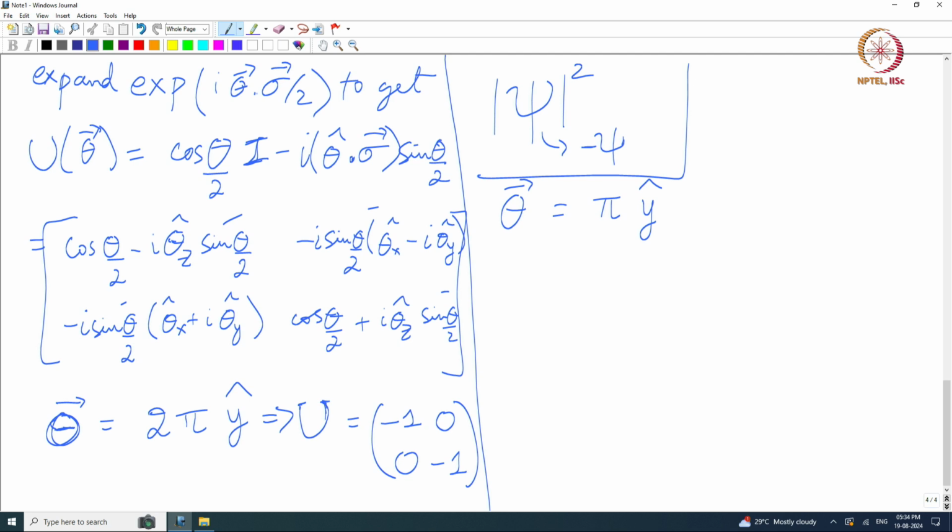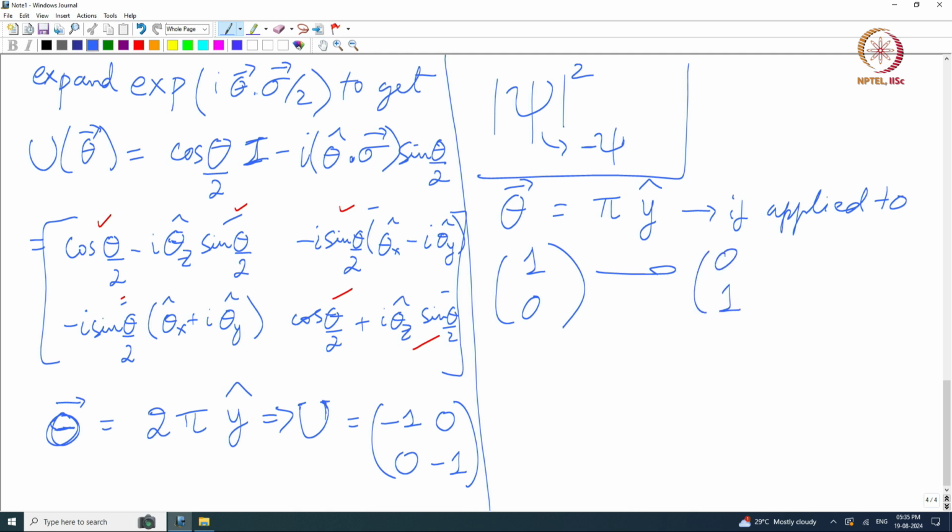Once again you see that, see what happens to cos theta here, see what happens to sin theta, okay, here, here, here and so on, alright. So I am not going to do it right now, this is for you to check, I already did one matrix for you, right. But the net result is that if I apply it to 1 0, that is the simplest case, right, a spinor pointing in the z direction upward, it should give me basically 0 1. So I flipped the spin, and vice versa, if I apply to 0 1, it should give me 1 0, okay. It should be very easy to check,